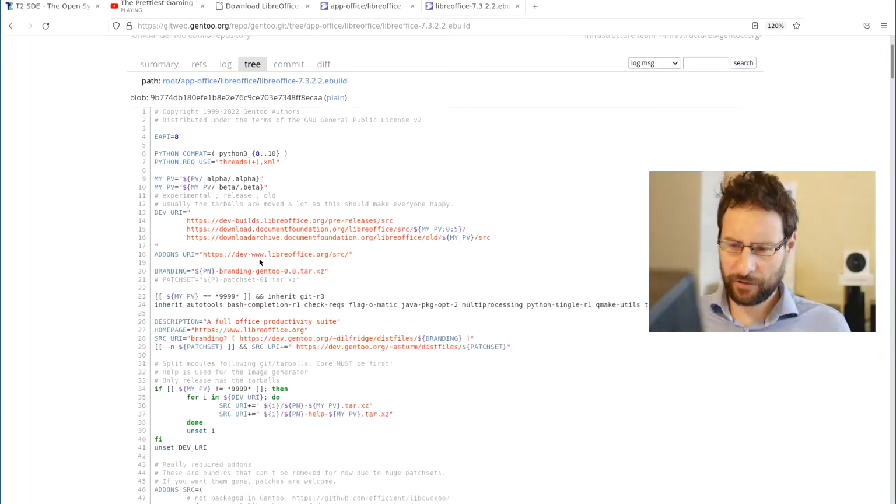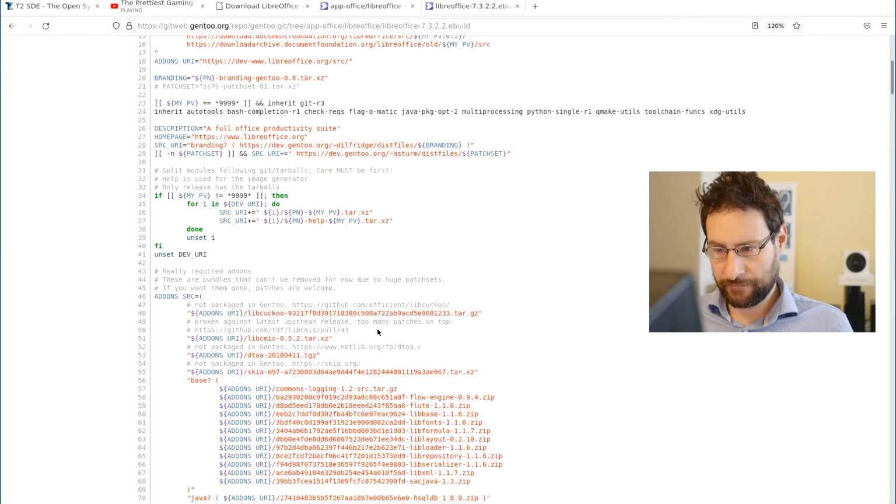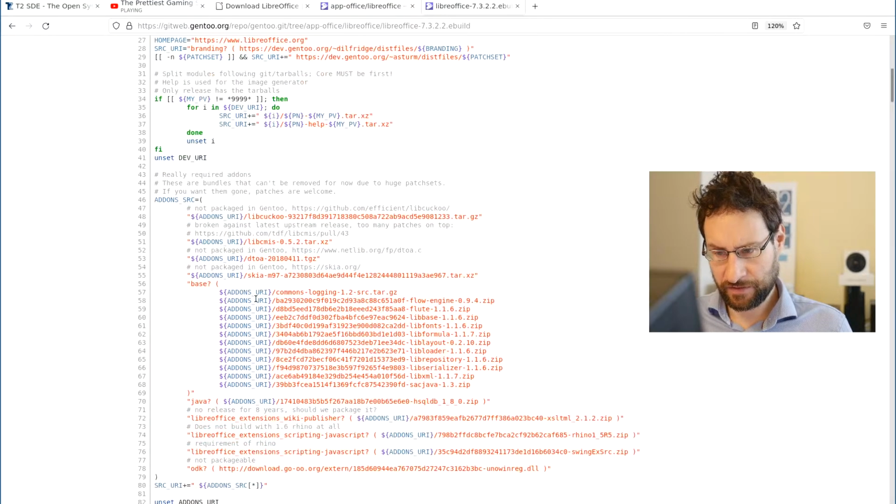I mean, I wonder how people even can work with it. I would totally not even want to be somehow employed and working with this stuff here. GitHub, something efficient. Really required add-ons, bundles that can't be removed for now due to patches.